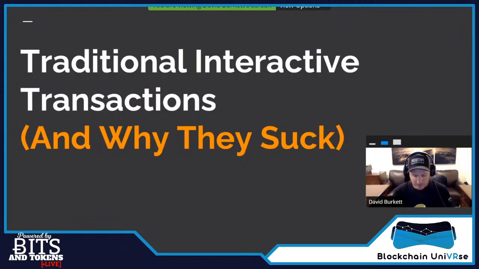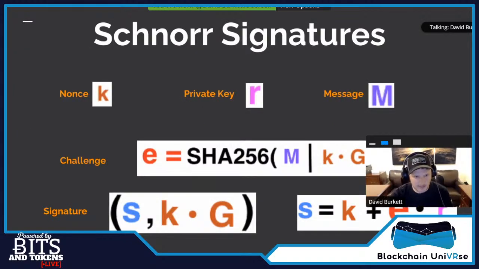But yeah, there's a problem with it, like I mentioned, and that's that you have to interact with the receiver to send coins. It's no longer the receiver just giving you an address and you sending to that address. You and the receiver also have to both work together to build the signature for it. It uses these things called Schnorr signatures, okay? And I know it looks like a lot of math, but you don't really have to know what all this means. I just want to have these up here so you have a general idea of the different proposals that are out there for improving it.